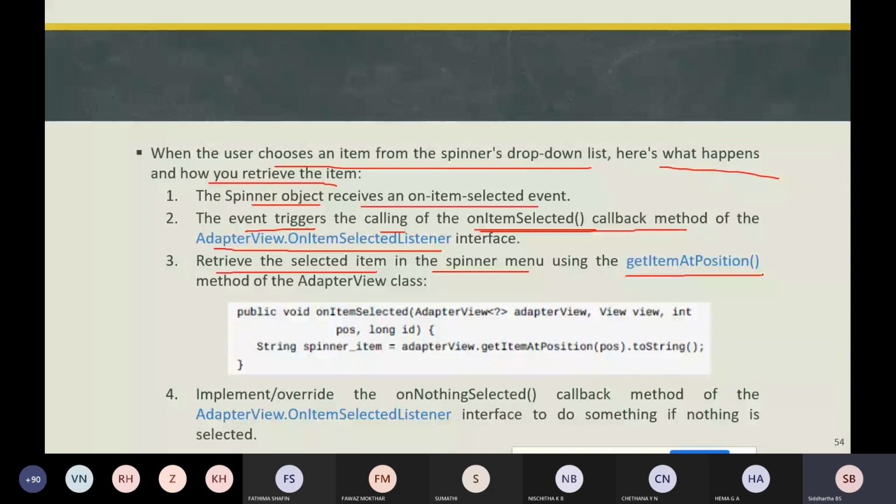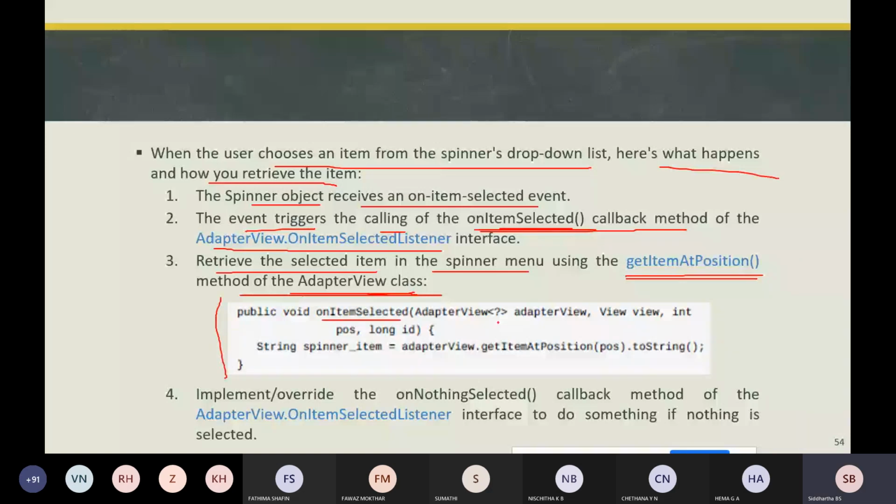As I said, the AdapterView widget will be automatically imported in Android Studio, where the getItemAtPosition method is in the AdapterView class. So this is a simple sample code: public void onItemSelected, which is a callback method that we will be creating.